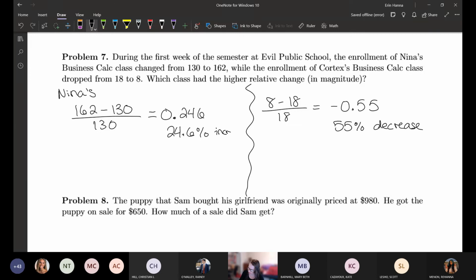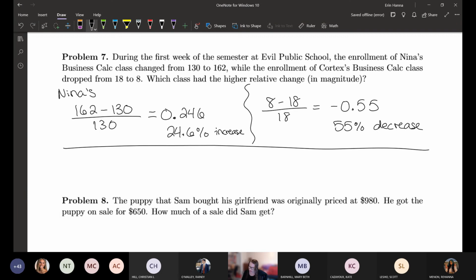So let me come over here and say increase over here. That's what I mean by sometimes you'll drop the negative when you write your answer. The negative gets sucked up, if you will, in the word decrease. Technically, negative 55% increase would be quote unquote correct, but everyone in life would look at you really weird. So if it's ever a negative result, you would just say it's that percent decrease. Anyway, we're caring about magnitude. So since 55 is greater than 24.6,